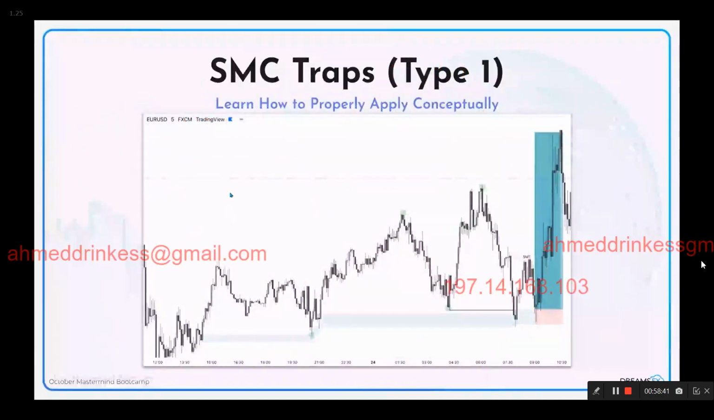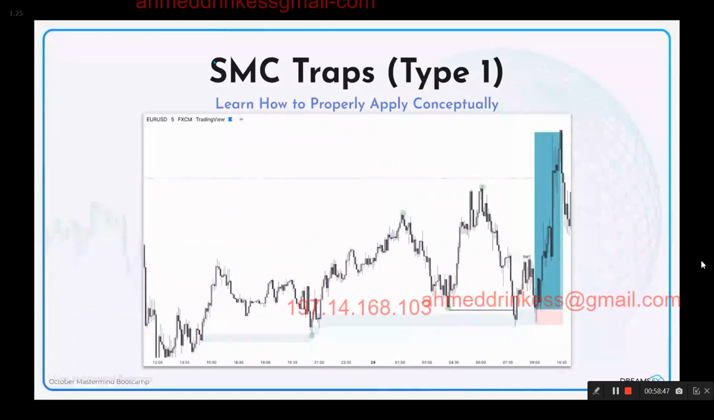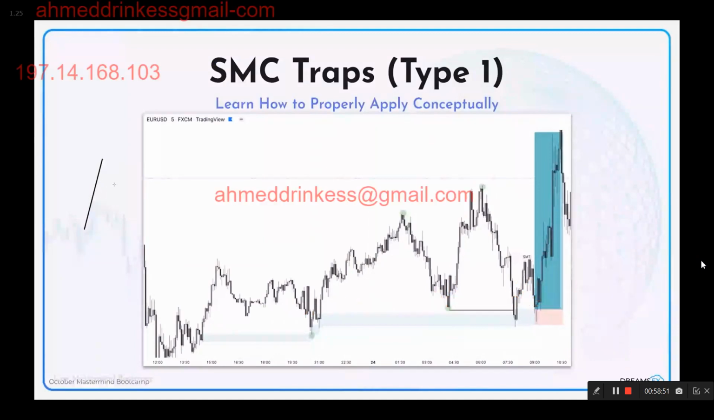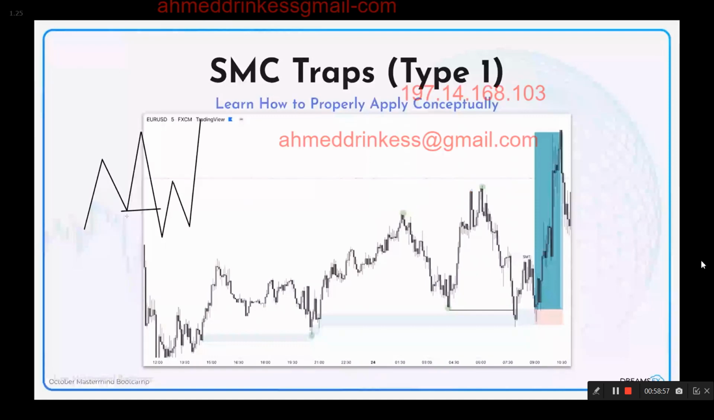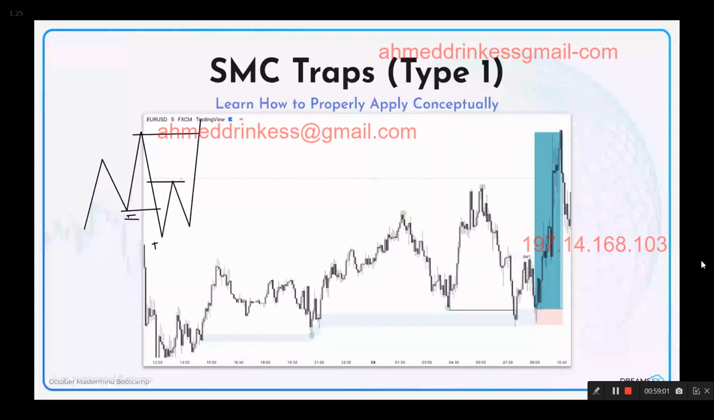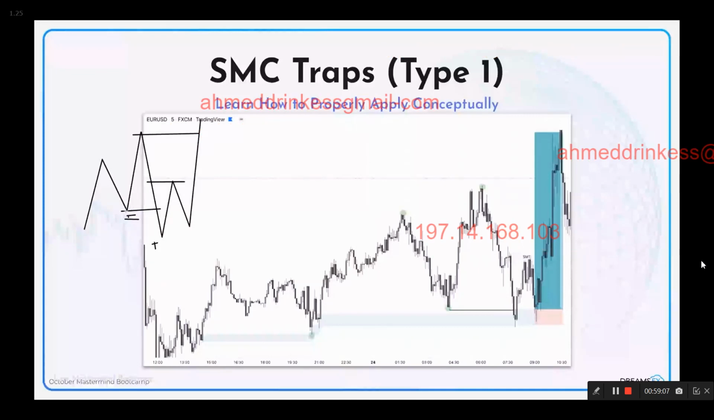So let's see here. SMC traps, this is our type 1 trap. When we're looking at this, based on what we just talked about, we'll have this. This is our inducement, right? This is our trap. This will be typically our SMC, right? So over here, we see that we have a low, a high, a higher low, and a higher high, as depicted by this higher low and higher high here. If this is the inducement,